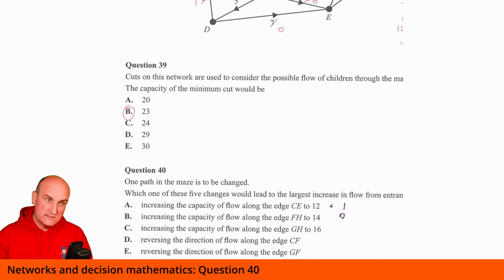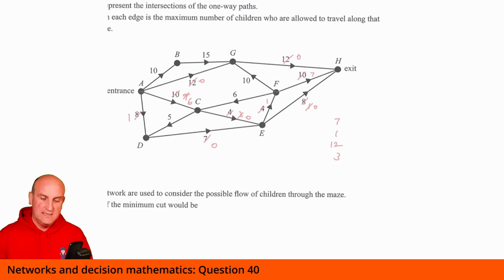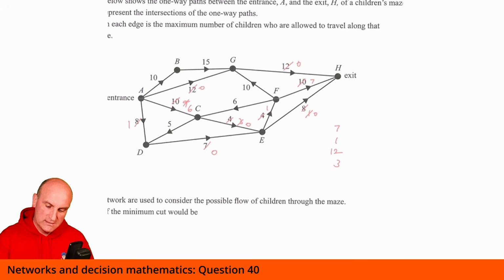Next one that came up was increase the capacity of GH to 16. So let's do GH to 16. There we go. It was 12, so now I've got an additional 4 that I can flow through. Well, that's nice because I've got 10, 15 and 4. So that means I've got an impact of +4 there. Can I get anything else? Does that open up any other way to get there? Well, I've got nothing going through there. 6, nope. When I do my other routes, I can't go through there either. So that's no use. That had a maximum capacity of 4.